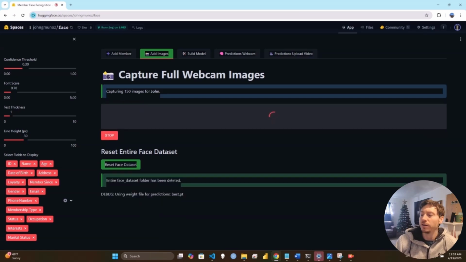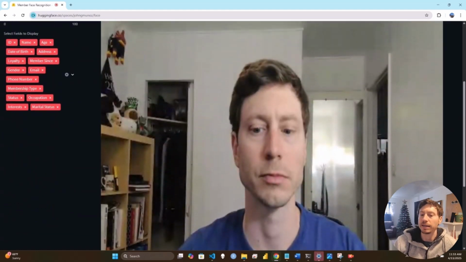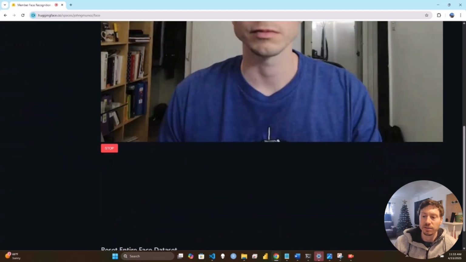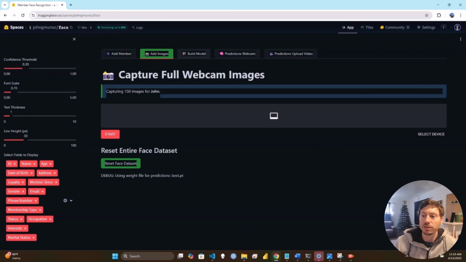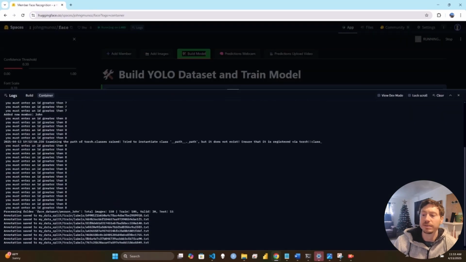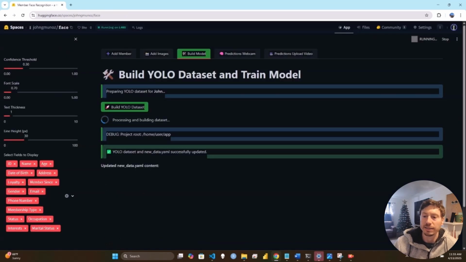So once that's done, you're going to go to the add images where the webcam is going to open, and it's going to take 150 images of your face. So you can see here it's just starting up, and then once it's starting up, it's going to show you the images up top of it taking your face, and then we're doing 150. And so then it's going to stop,